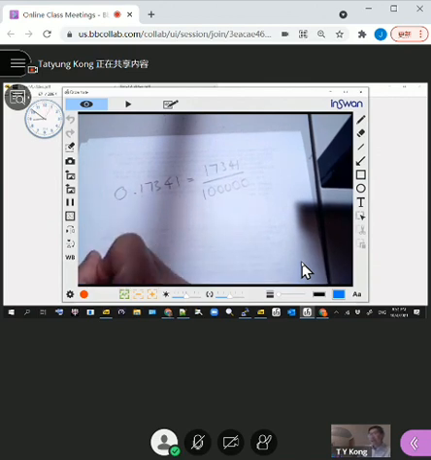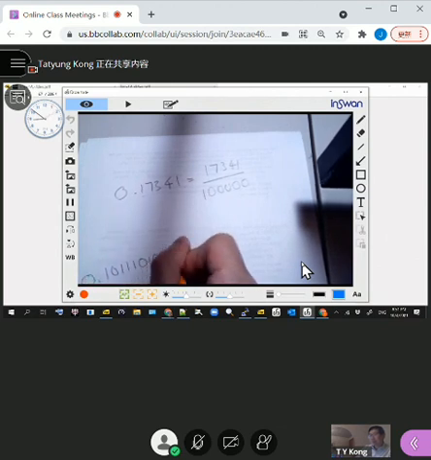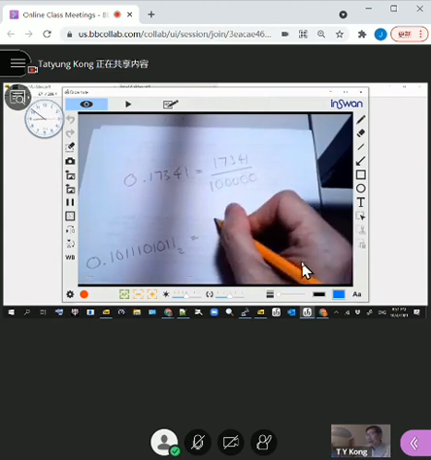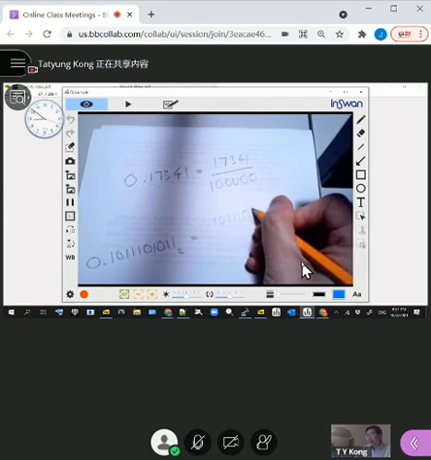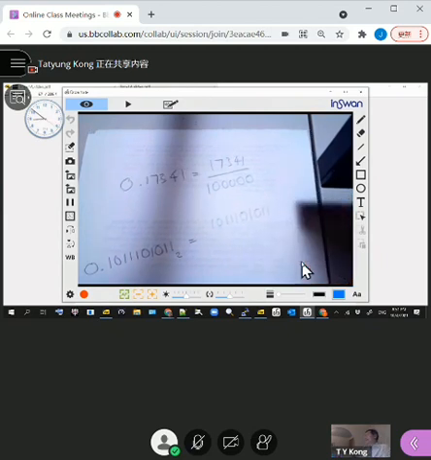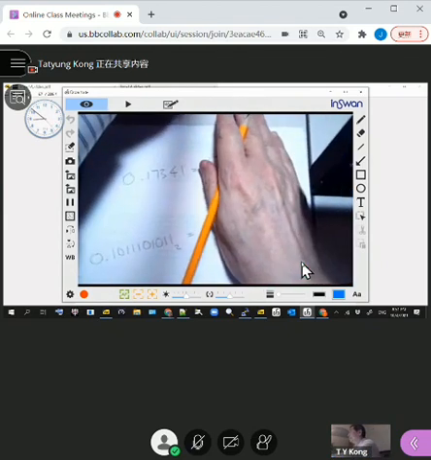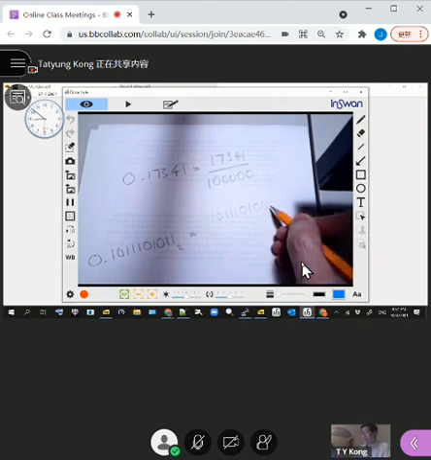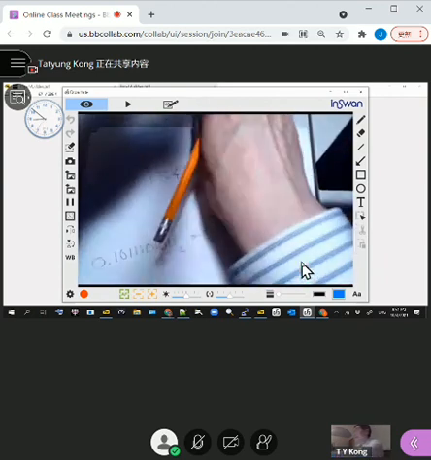And similarly, if you have a binary floating point number like that, that can be written as a ratio, right? That would be 1011101011, base 2, divided by,